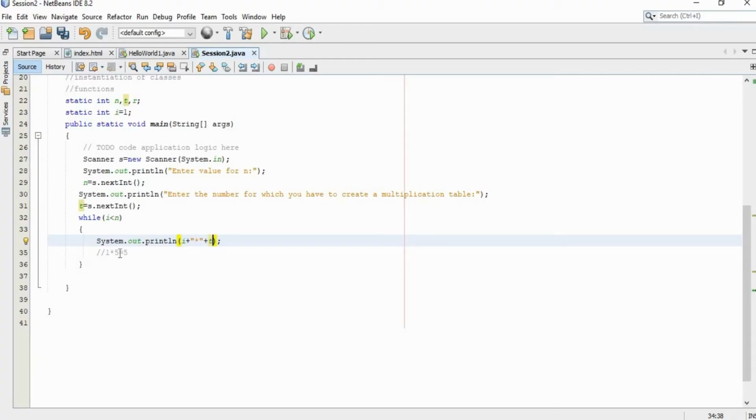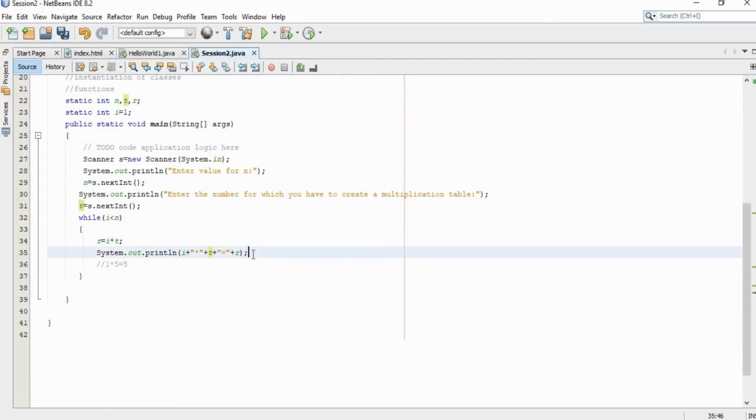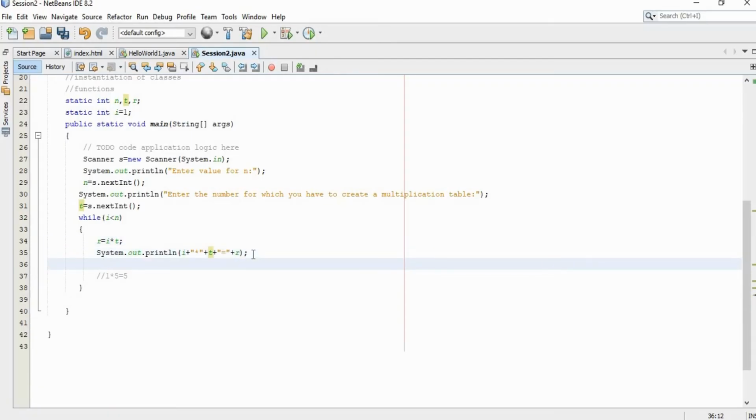After that we should use the equal to symbol, so again provide the plus operator and the equal symbol inside double quotes. Then again provide your plus operator and use the variable r. Before that we have to calculate the value for r, which is nothing but i into t, right? After providing the first line, 1 into 5 is equal to 5, we have to increment the value of i, so that it gets incremented and printed, right? So now